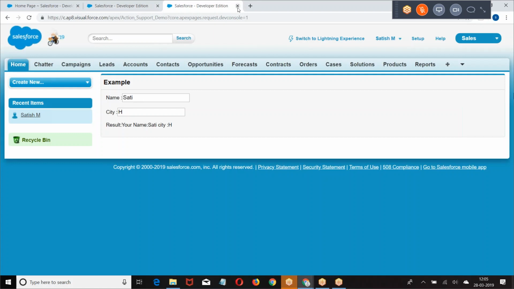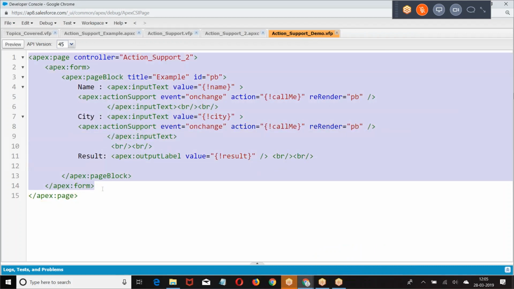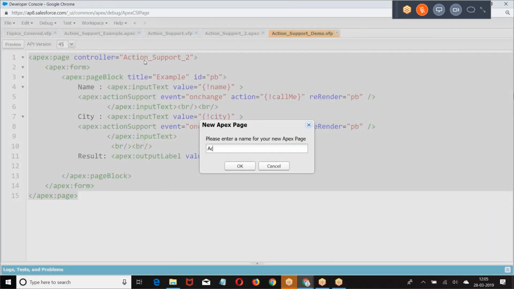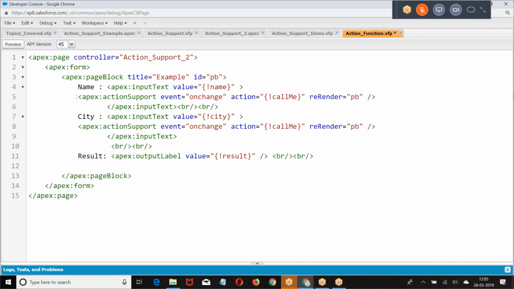Then what is the other way we have? Action function. Same code I am taking, same class, but a slight change. Now I'm taking the same code, but I'm removing this.